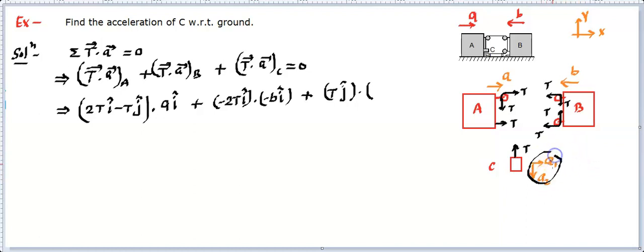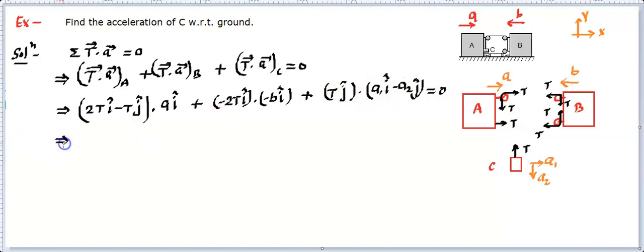So whatever you consider, you stick to that, and then later on you will be realizing the sign of these values, right? And then you can change the direction. If A1 coming is positive, that means it's correct. If A2 coming is positive, that means this is correct. If they are negative, you can reverse them. So a of C is written as A1 i cap minus A2 j cap. This must be equal to 0.